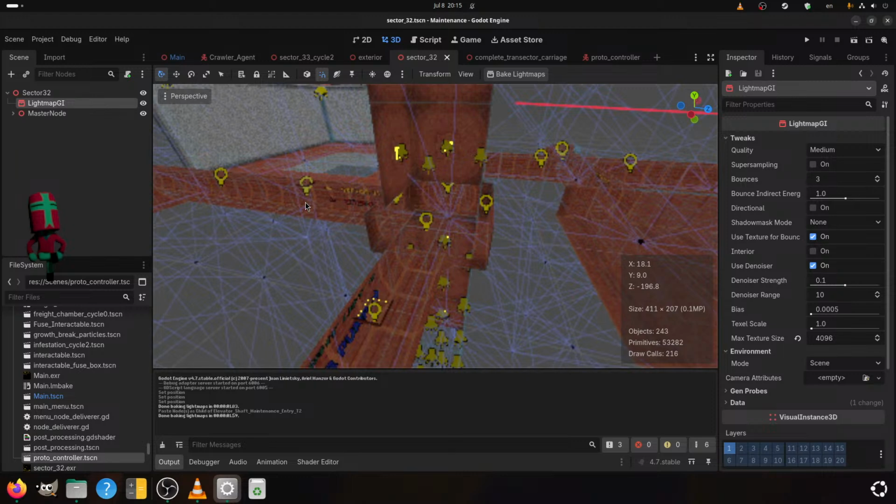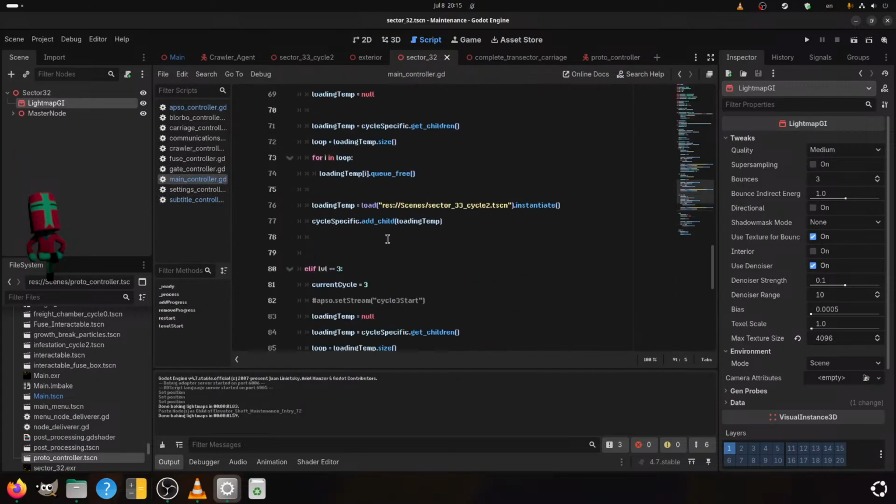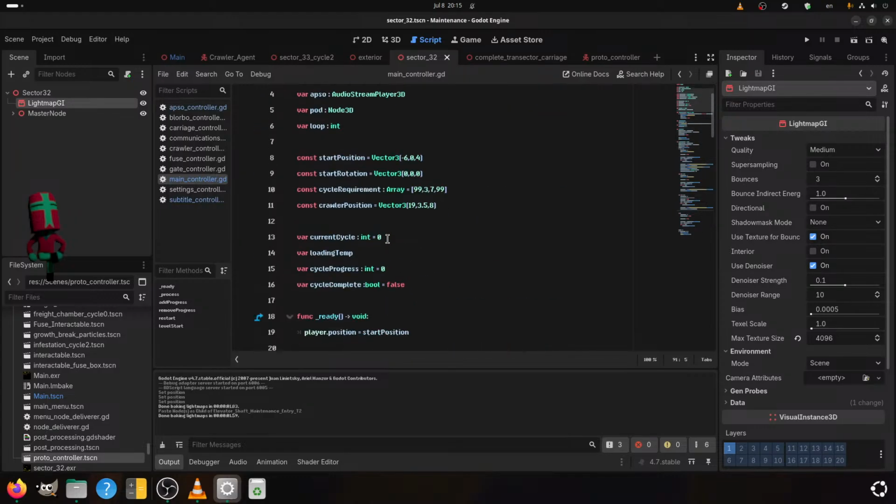I will most likely have to change how task completion works. I am not entirely certain how I will do it yet. I do have a good idea though, so we can work on that. So what I had in mind is that instead of just having a generic progress for cycle completion,